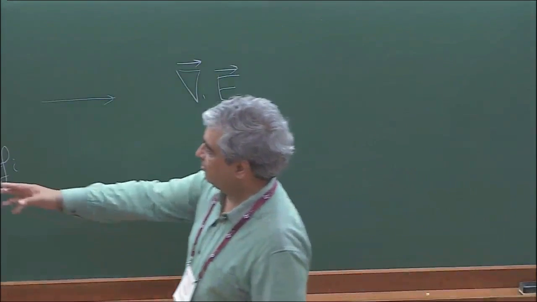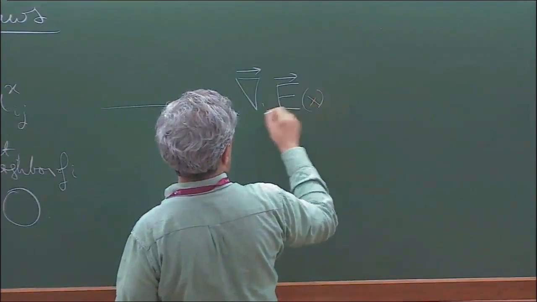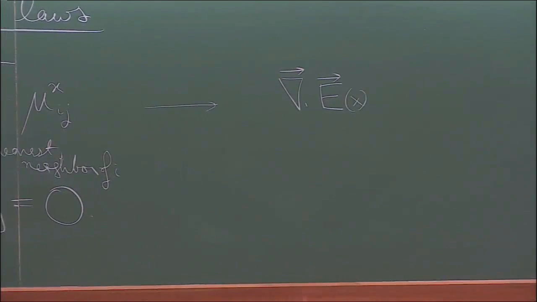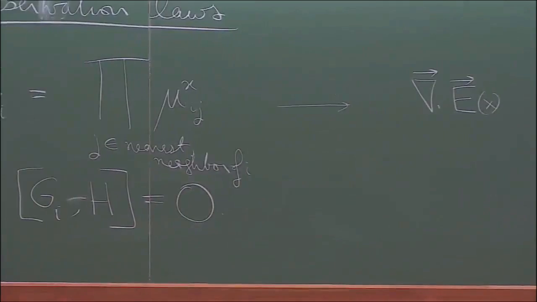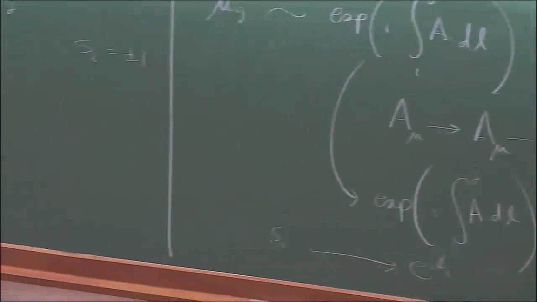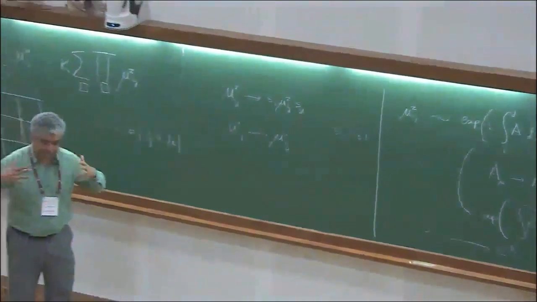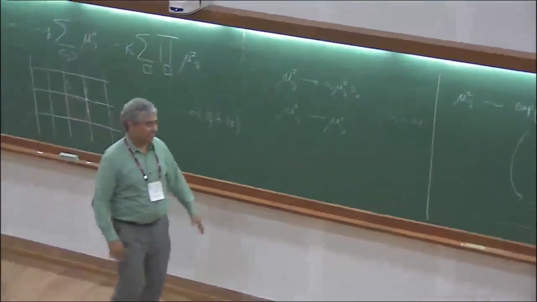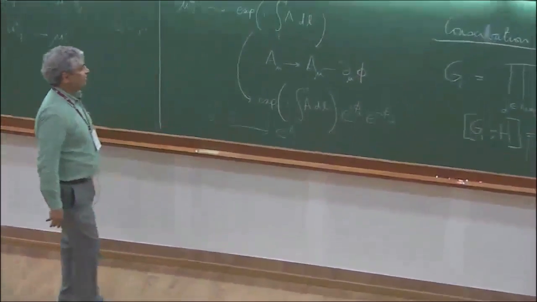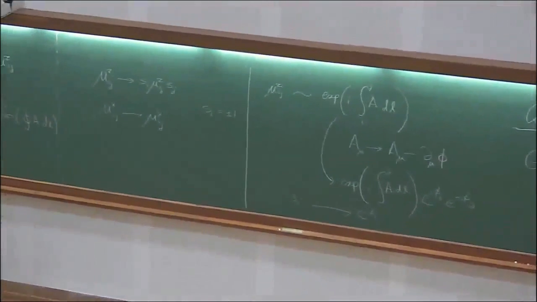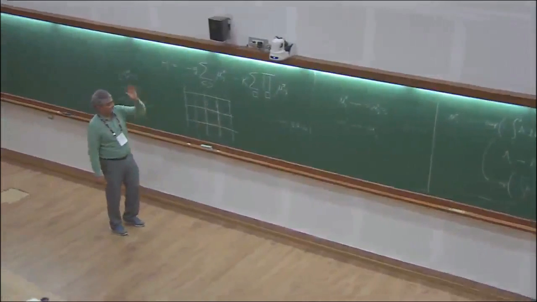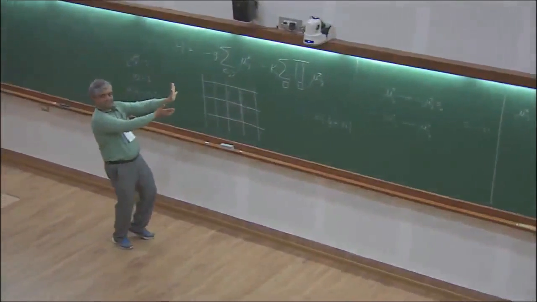So here also, this is for any x. There's an infinite set of conservation laws in electromagnetism, which is del dot E equals 0 at every point x. So that's not something that comes from the equation of motion. It's a constraint on your Hilbert space. It's just a set of an infinite number of conservation laws that comes from the commutation relations of the theory and your Hamiltonian. But since I don't want to talk about electromagnetism, forget it. It's obvious this is true here.